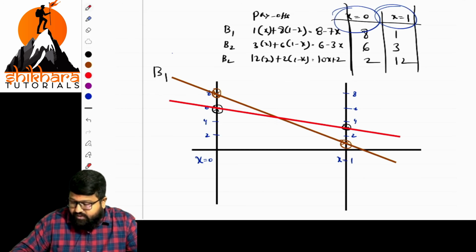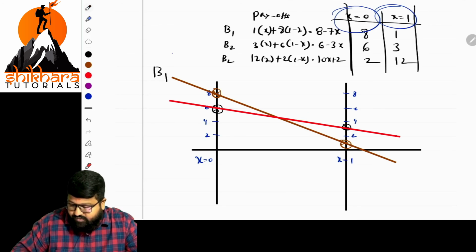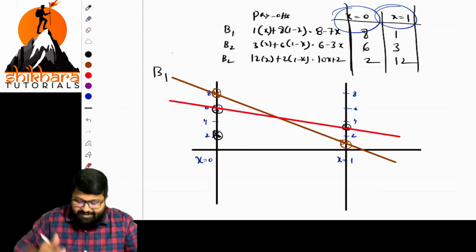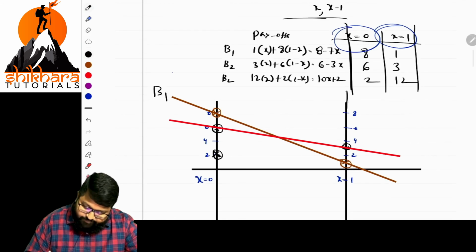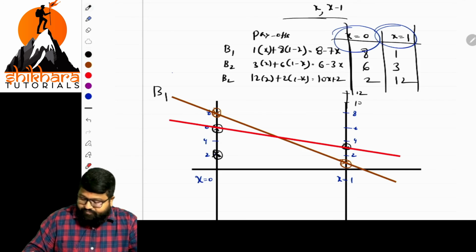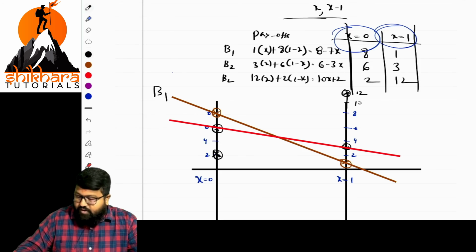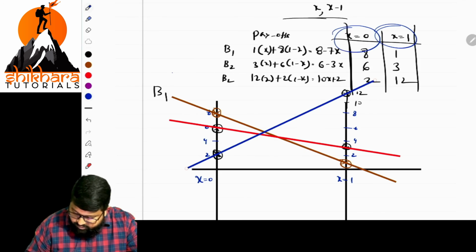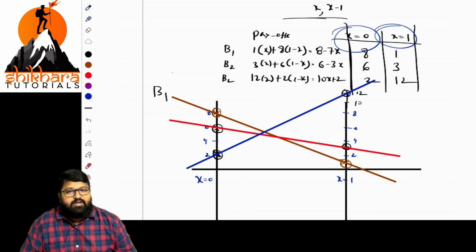They are 2, 12. So 2 is here, and the other point is 12. We have to go up. So let us increase this part. This is 10. This is 12. Am I clear, ma? Is it clear? Okay. Now this point is marked here. Now let us join with a blue color line to 12. So let us start, the intersect point is here and here. Is it clear, ma? Is the diagram clear?